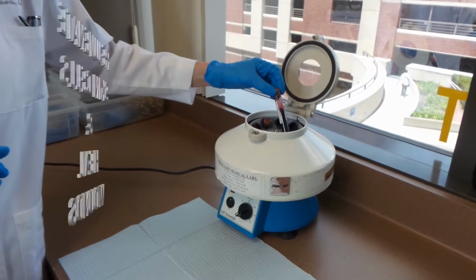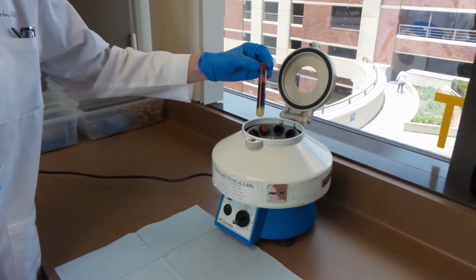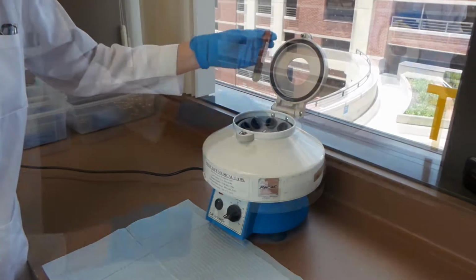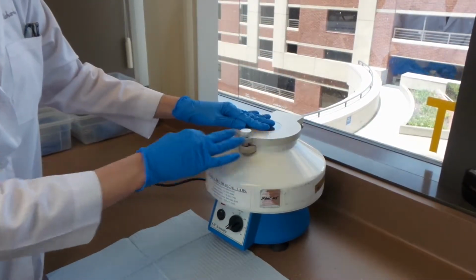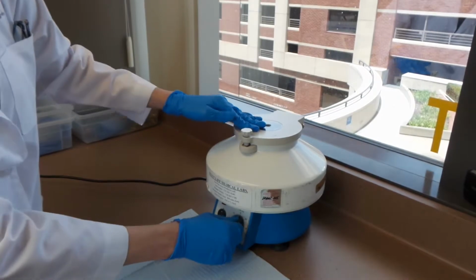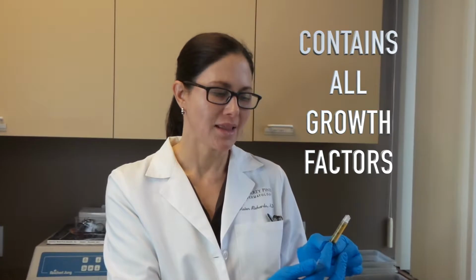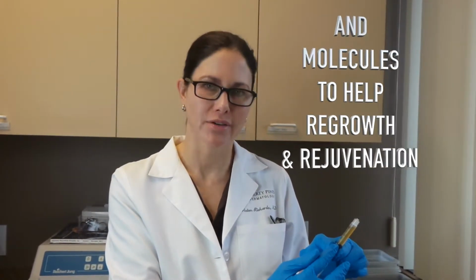So you can see in our centrifuge we have already drawn our patient's blood into our test tubes, and we spin the blood down for approximately 15 minutes. So we now have our platelet-rich plasma that we took off the spun down blood, and this is the component that contains all the growth factors and the molecules that will help hair to regrow faster and skin to rejuvenate